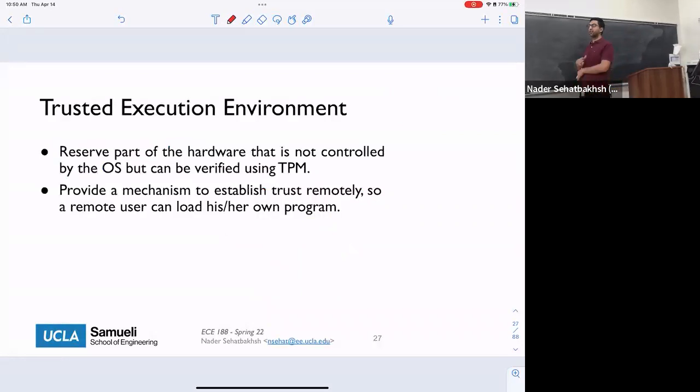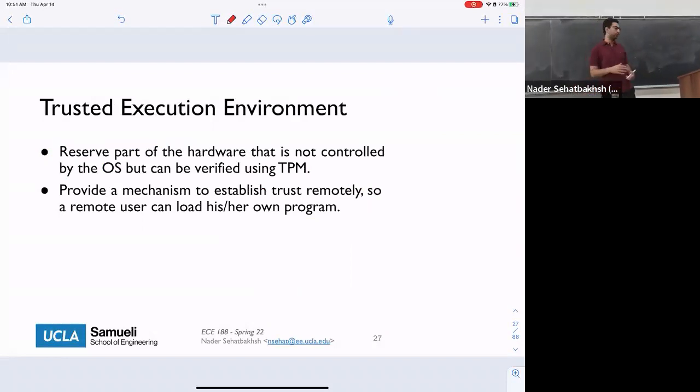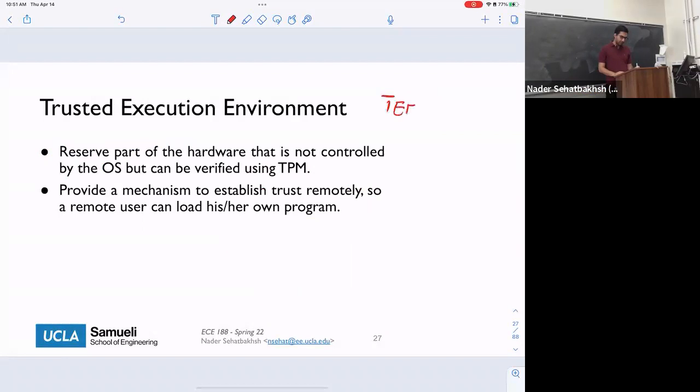So now we want to see how we actually get this outside trust, and the idea of this is what's called trusted execution environments, or TEEs. So a TEE is basically saying that we have this piece of hardware, this tiny thing, the TPM, that we can trust, and we use that to load, and this is our memory. And then we use that to partially trust the part of this memory that hosts our operating system, right?